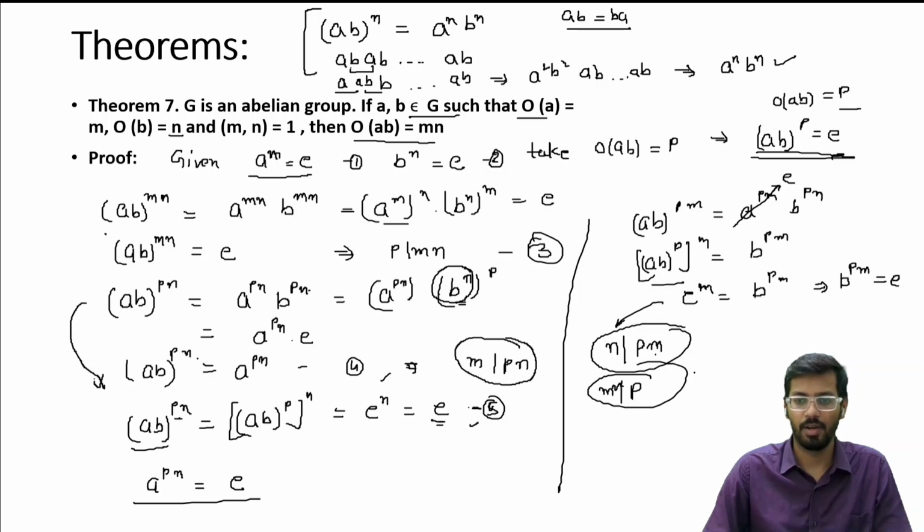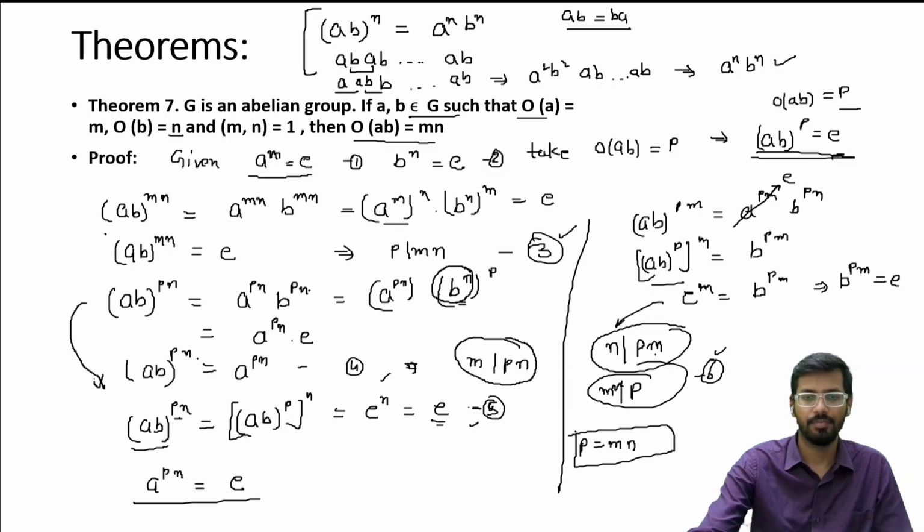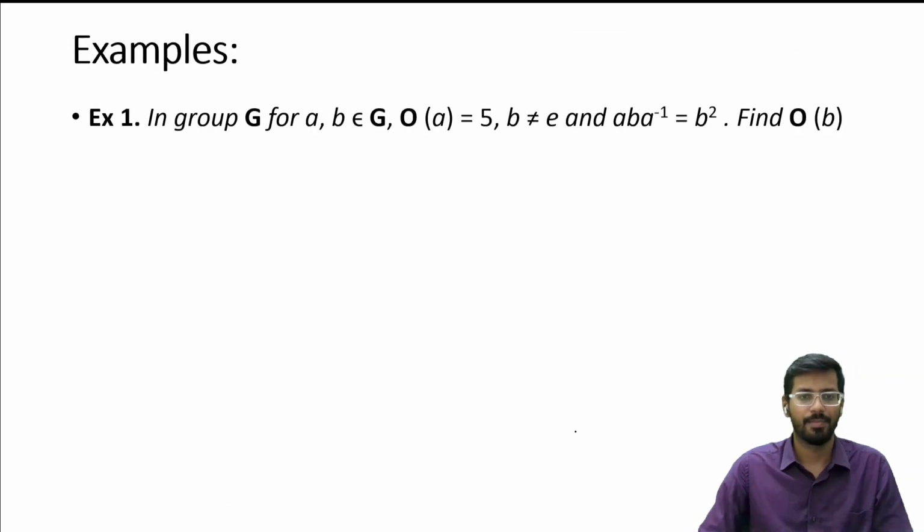Okay, I call it equation 6. Okay, from this equation 3 and 6 we can say p is equal to mn. ठीक है, क्लियर हुआ? इस तरह से हम प्रूव कर सकते हैं। नाउ वी विल टेक फ्यू एग्जांपल्स।